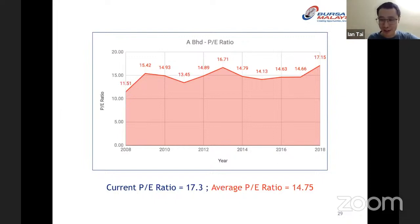You only dollar cost if the price is right. If the valuation is right, then you can dollar cost. So it's not so much a dollar cost, but more like a value cost. Let me put it this way: you can dollar cost an undervalued stock, and it can work very well for you. However, if you dollar cost on something which is overpriced, no matter how you dollar cost, you are